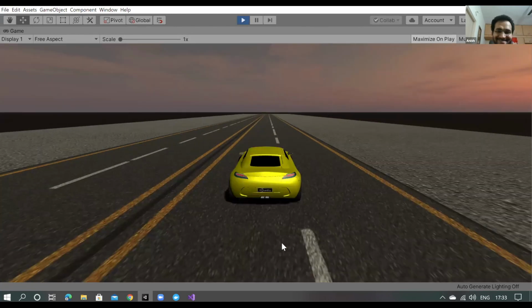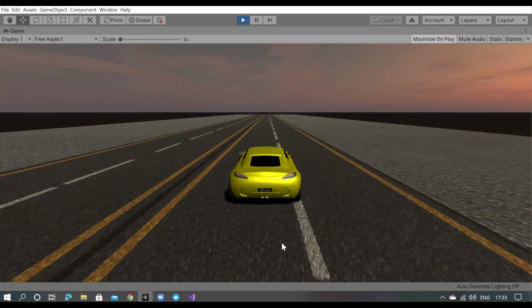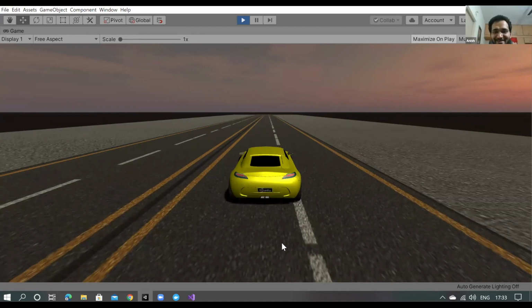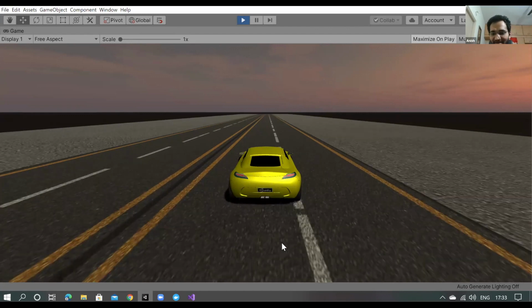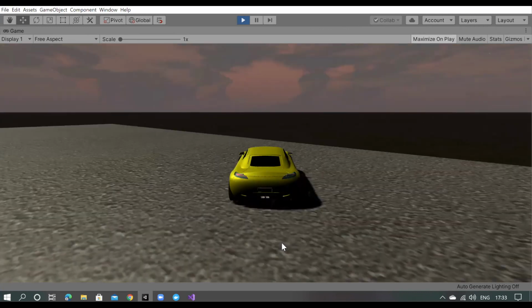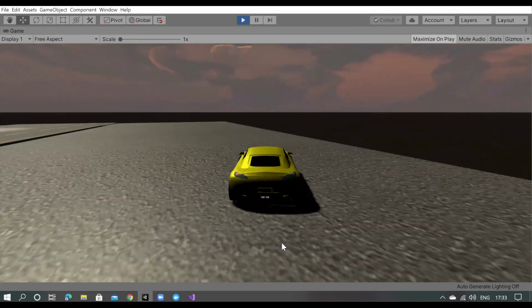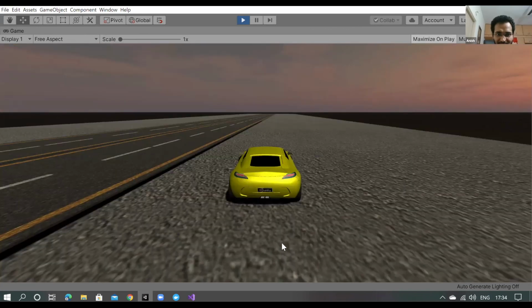Wow, so it is working. With zero or minimal effort, I can do this, sir, the easiest way. Sir, this is good, sir.